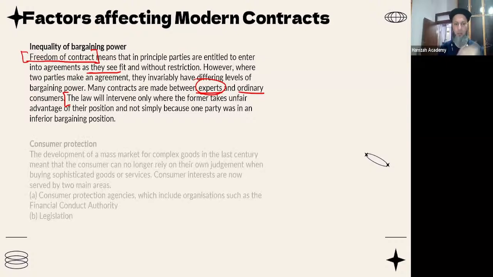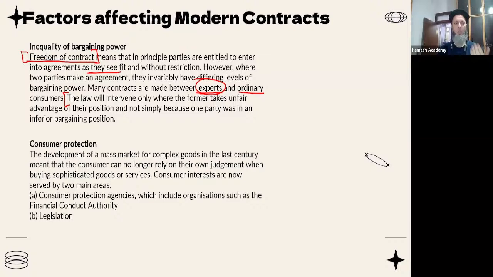Okay. The other thing in relation to this, then, is consumer protection laws. The development of mass markets for complex goods in the last century means that the consumer can no longer rely on their own judgment when buying sophisticated goods or services. Consumer interests are now served by two main areas: consumer protection agencies and legislation. See,